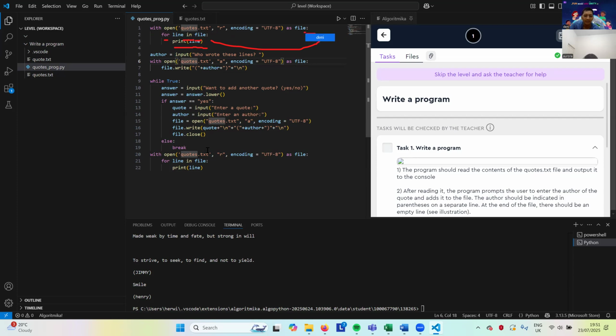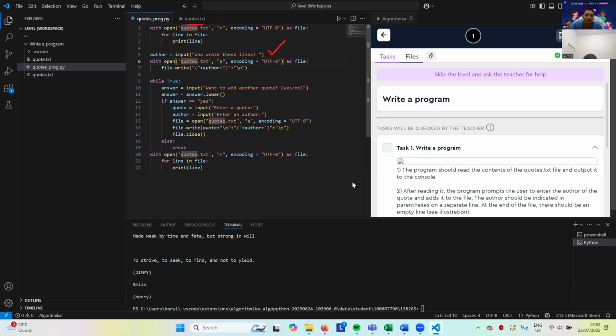File means quotes.txt. So we will print line by line. Print to display the file inside quotes.txt. And then input as usual. We have learned about this at the beginning in Python.